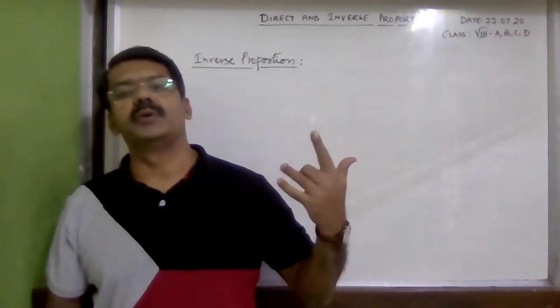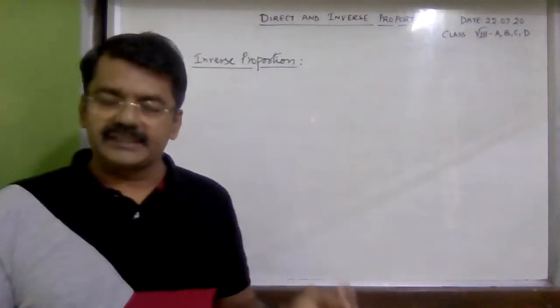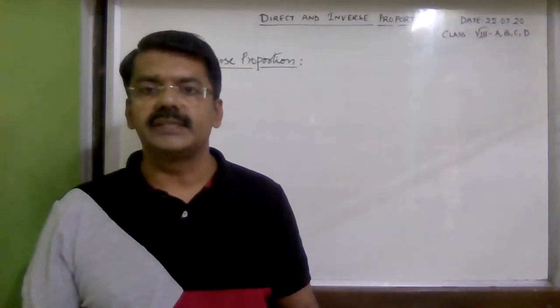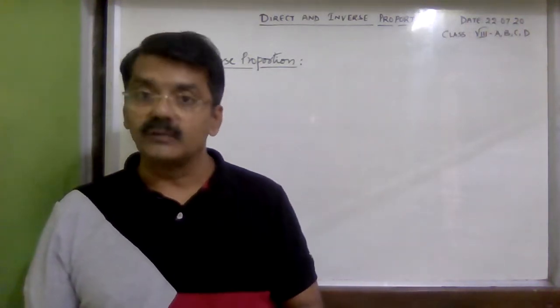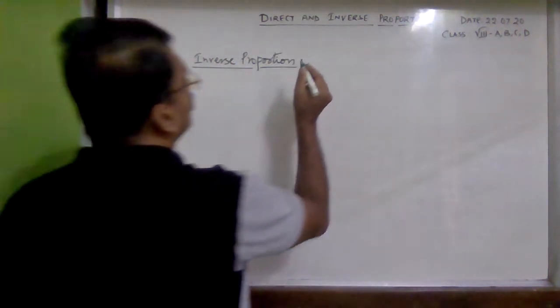Less speed, more time. So here again you can see the speed of the car and the time taken to complete a certain journey. These two quantities, they are in inverse proportion. Clear? So if